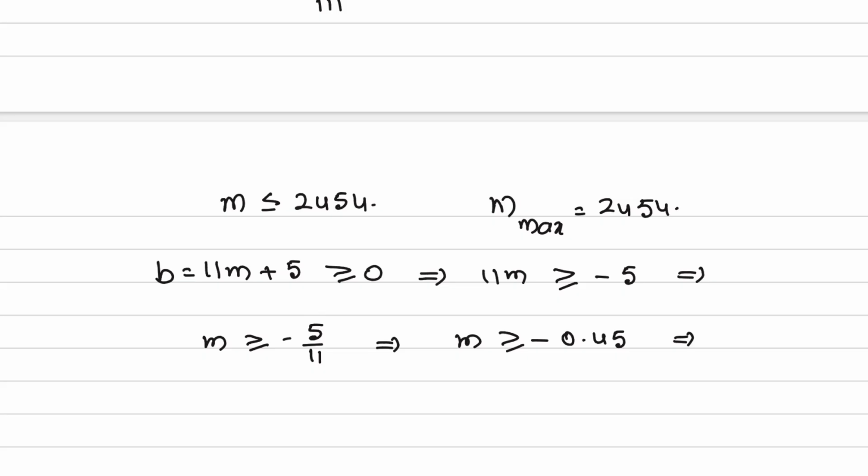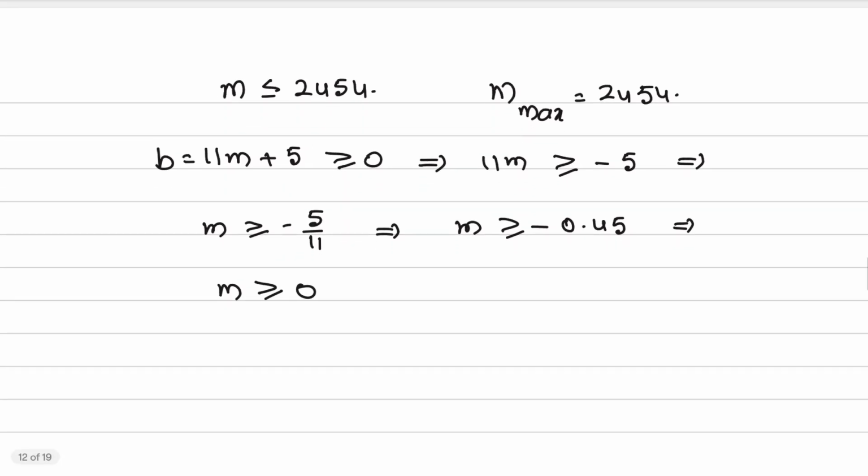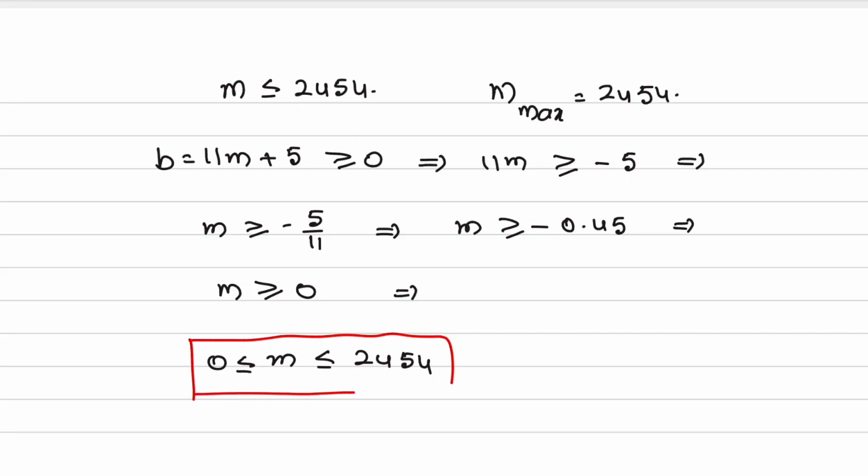That implies m should be greater than or equal to 0. That means 0 is less than or equal to m is less than or equal to 2454. This is the range in which m should oscillate,